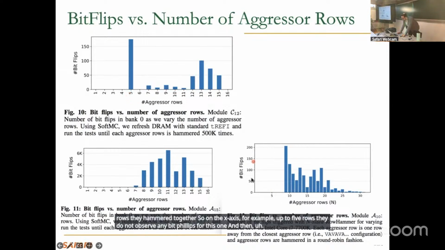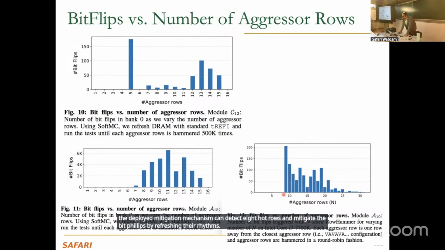Well, maybe this is a better one. So these are just the same plots from different modules. On the x-axis, you see how many aggressor rows that they hammer, and on the y-axis, it's the number of bit flips. So here you see up to 8-sided access pattern, they do not observe any bit flips. This shows that the deployed mitigation mechanism can detect 8 hot rows and mitigate the bit flips by refreshing their